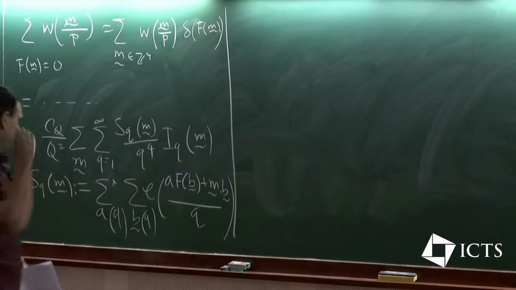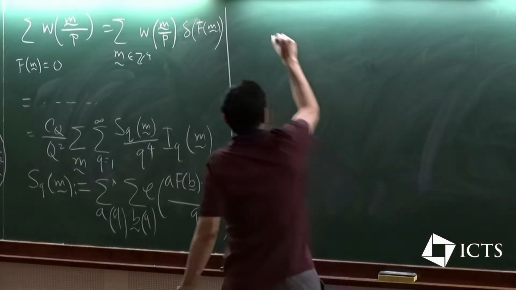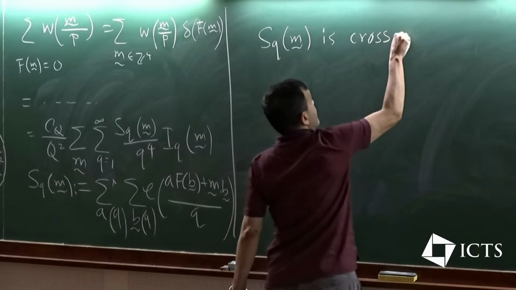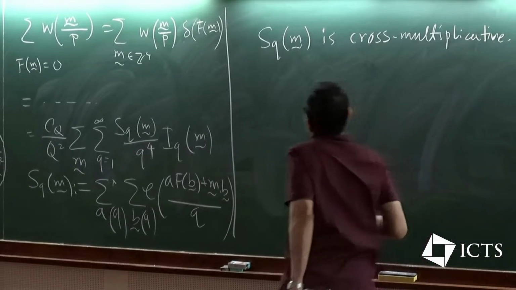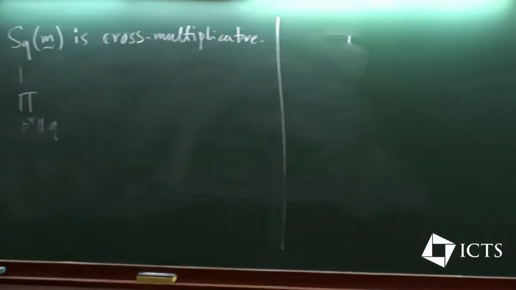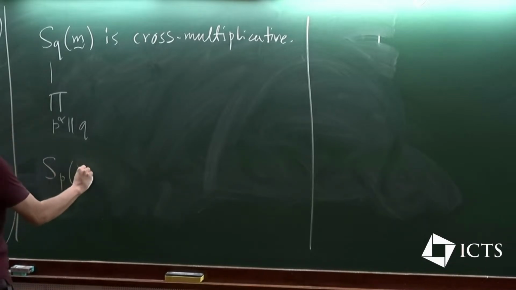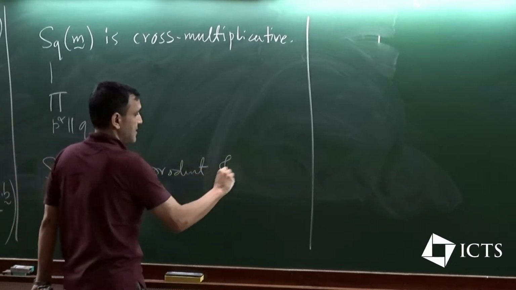And what happens is this S_Q(m) is cross multiplicative, like Kloosterman sums. So it splits over prime powers. So you have to understand them at the level of prime powers. And the higher powers you can handle. And at the level of primes, S_P(m) is a product of Gauss sums